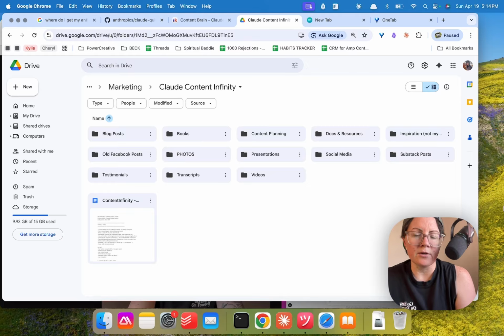And then the last one's videos. I mostly just put them in there for the purposes of one day, hopefully being able to chop them up, but they're just in here for decoration right now. And then lastly, the Content Infinity. This is an MD file. That is the file that instructs Claude what to do